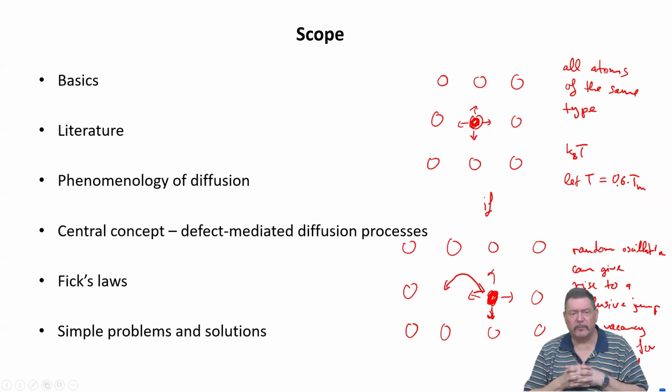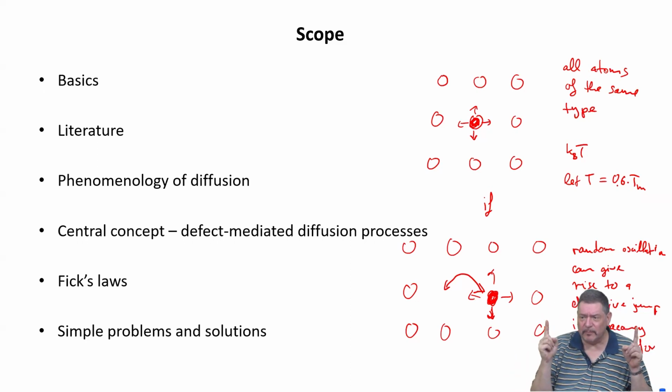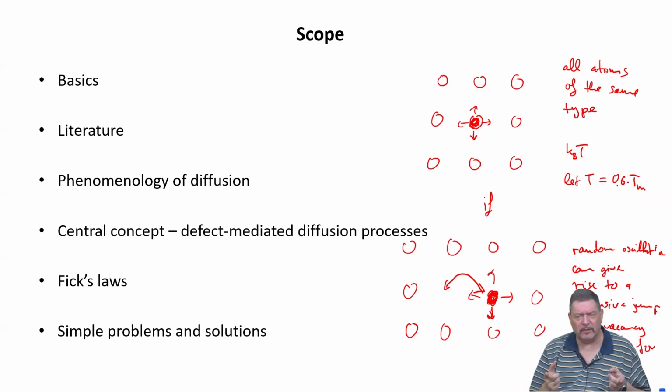So if we want to have substitutional diffusion, the vacancy is close by, and then a diffusive jump can occur. But it's a rare event. Why is it a rare event? In my sketch, it looks like it could happen with any jump. But we have to now take into account that the lattice is closely packed.